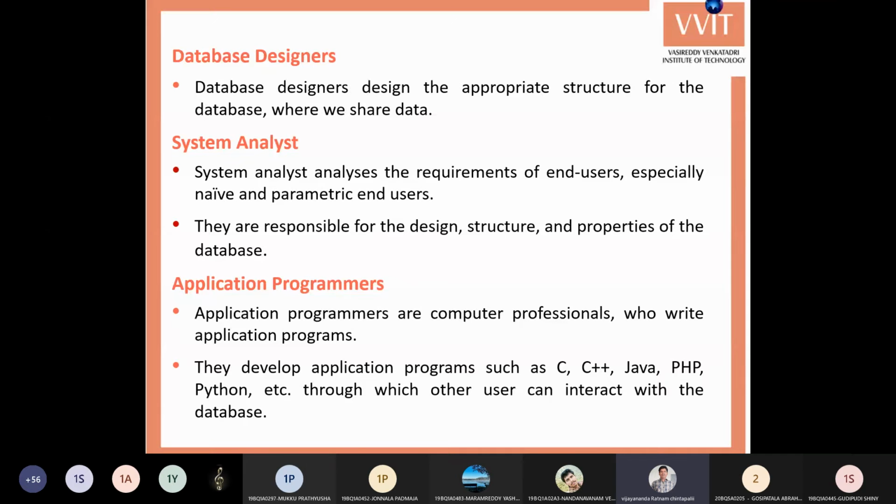And employees are related to different branches, like ECE, EEE, mechanical, civil, CSE, information technology, and so on. Once you identify these objects, then they will identify the properties or attributes for each and every one.